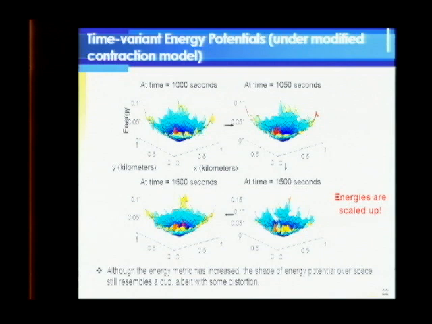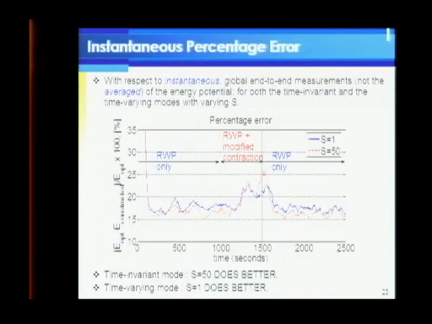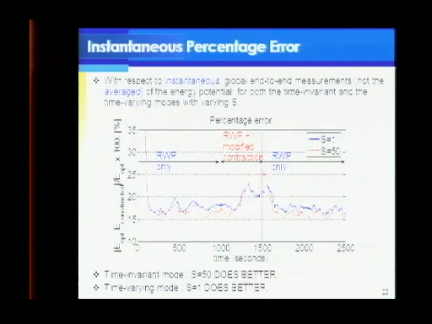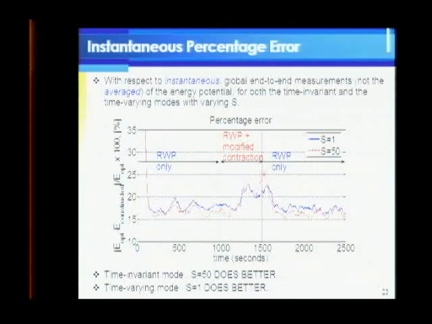So continue from here. Now what we did was, for the time varying case, we need to think about how we're going to graph the percentage error, because originally we averaged everything because everything was time invariant. But here, things actually become obsolete. So to go from this part of the simulation, this part, well, the energy potential is actually changing. So I need to think about how much into the past I will look. And this S here is the number of measurements at each cell that I use into the past in order to compute my average. Okay? And when we use only one measurement into the past, that's the blue line, and this is 50 measurements into the